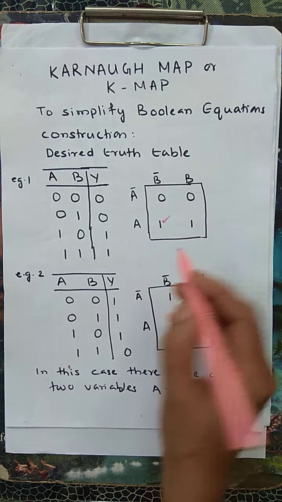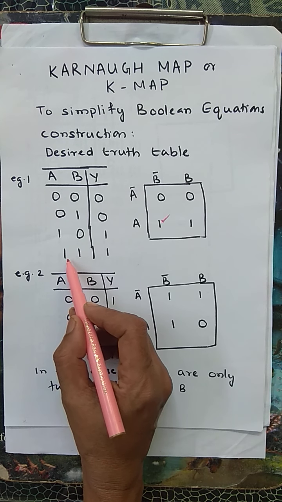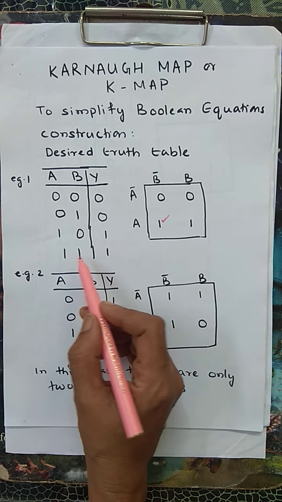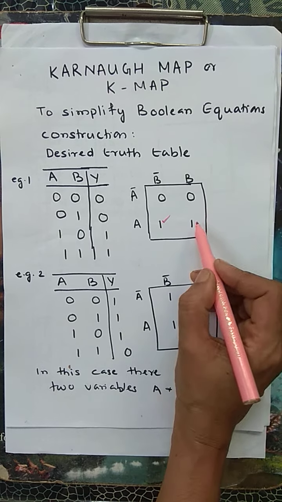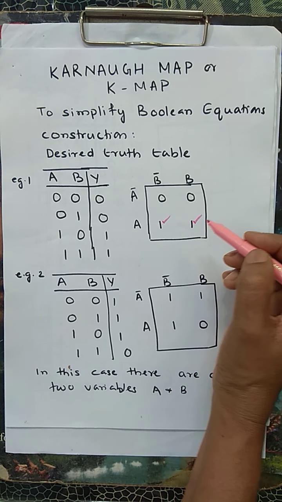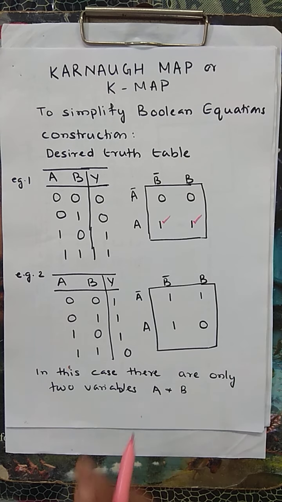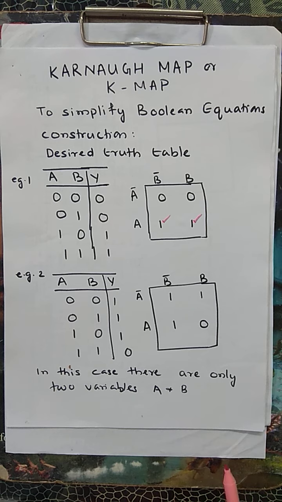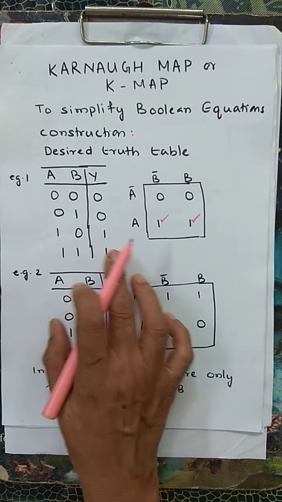Next combination where I get a high output is input A, input B. So the product is AB. Where I have the AB combination, this is A, this is B, so here I got a 1 as output. So this makes your Karnaugh map. First I'll tell you how to make a Karnaugh map, then we'll be grouping it and simplifying it. So this is the Karnaugh map in this case.